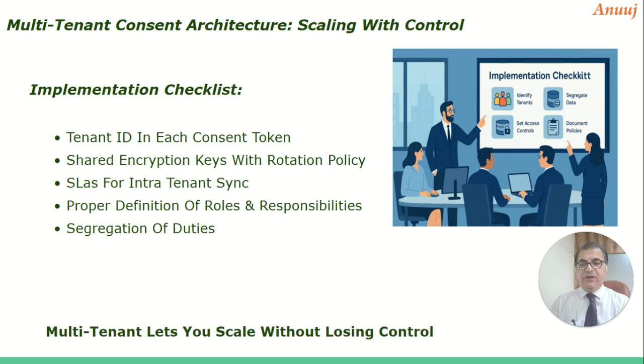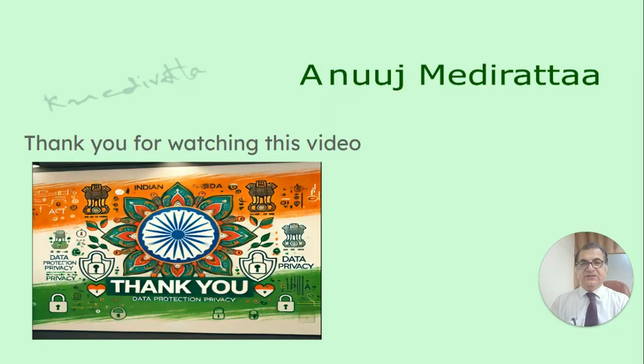Multi-tenant is a good option. It helps organizations scale without losing any control, and larger organizations should get ready, start deploying, or at least planning on multi-tenant systems to help their growth, to help their scaling, as well as to ensure that they are able to meet consent management requirements as set by the regulators. That's about the initial part of multi-tenant architecture. We'll get into a bit more details, maybe look into a couple of examples as well.